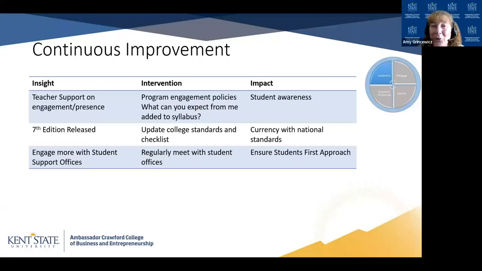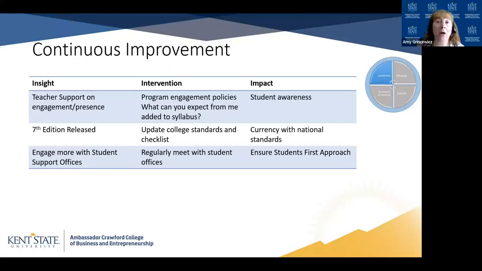Another thing we're working on is strengthening the relationships between the distance learning administrators and the student support offices. I've now presented to the graduate programs office on how QM has helped, how we have that QM philosophy and the quality assurance in our program. So graduate student offices are on board. We're working with career services offices now. It's really been a wonderful journey of seeing how what started out as just creating an online MBA program has really influenced everything within the college.